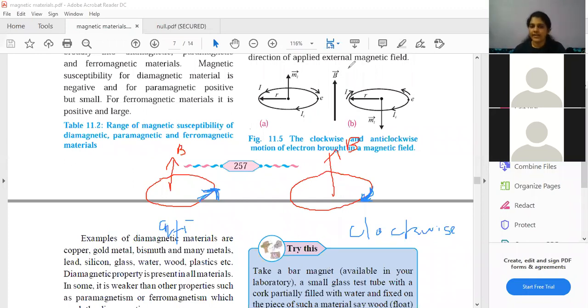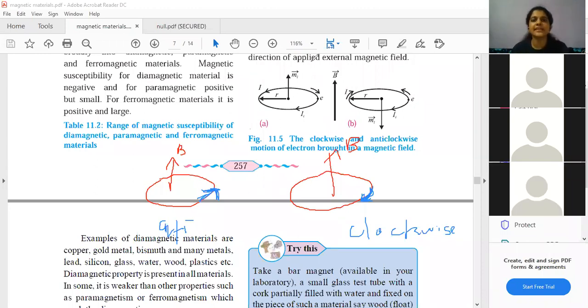Because here, in terms of electrons, what is there? If you understand this concept that I'm explaining just now, you will understand what is written over there as well. Now, there is current induced because of the external magnetic field, and the induced current has its own magnetic field. Now what we are supposed to do is find the direction of the magnetic field of this induced current. I'll explain what I'm saying.